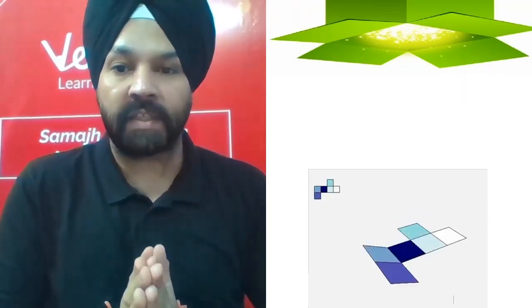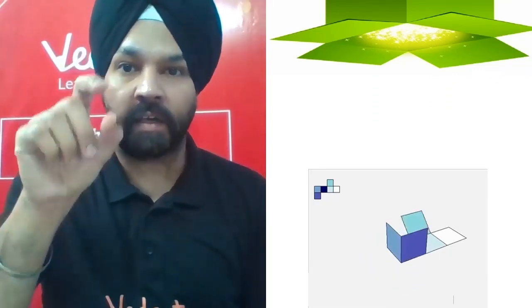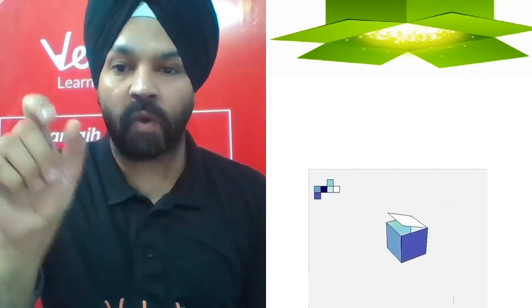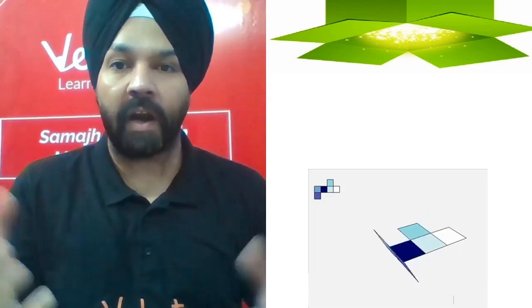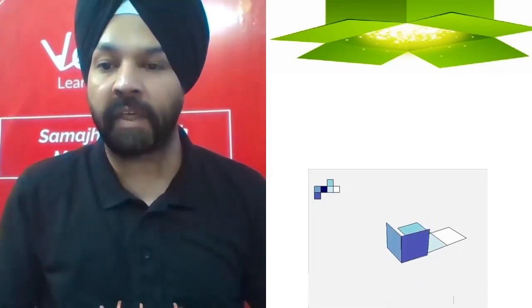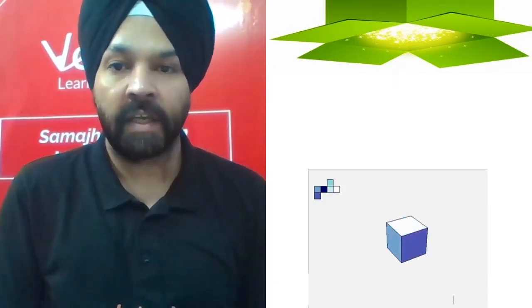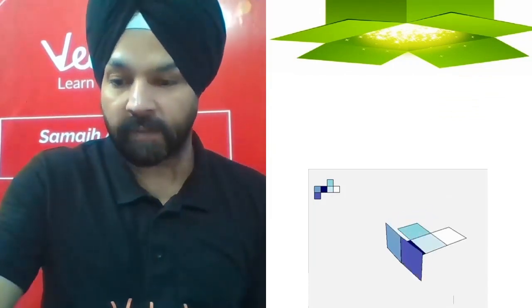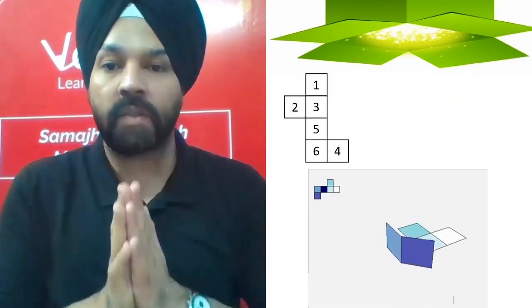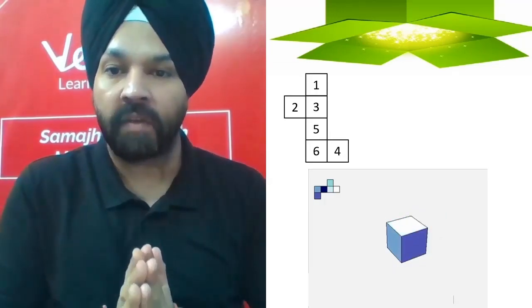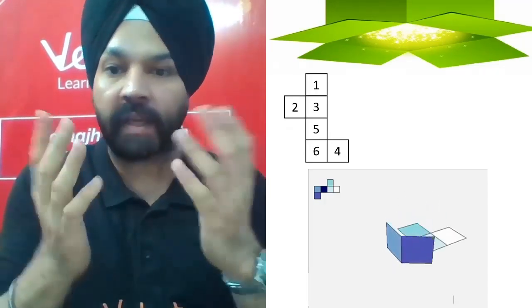Beautiful diagram, and you can see there is an L which has got a slot, or it is forming a T also, right? And how this diagram is beautifully transforming into a cube, right? Let's place some numbers on it. I have placed 1 2 3 4 5 6 once again, and now I will see what I can infer